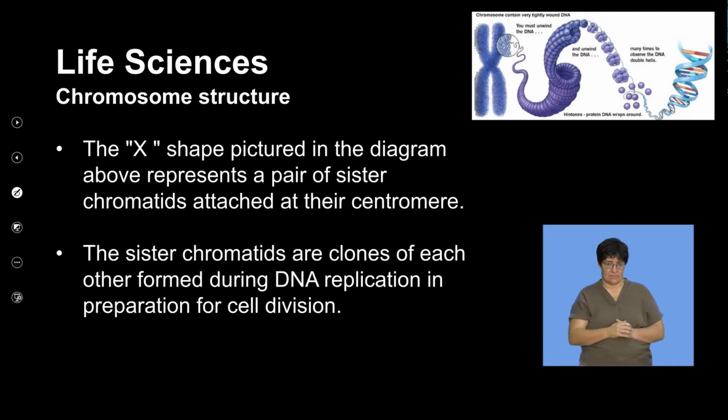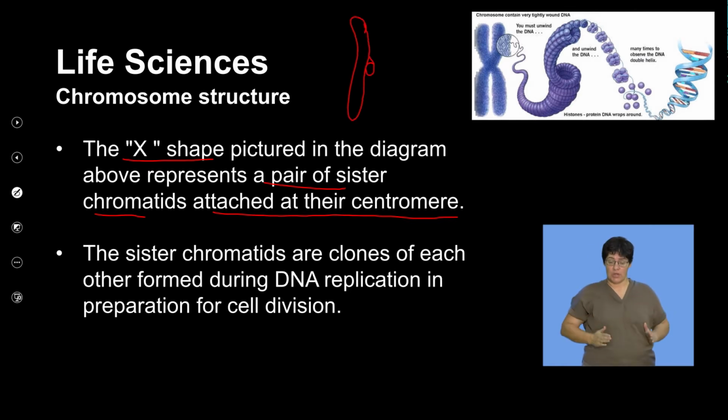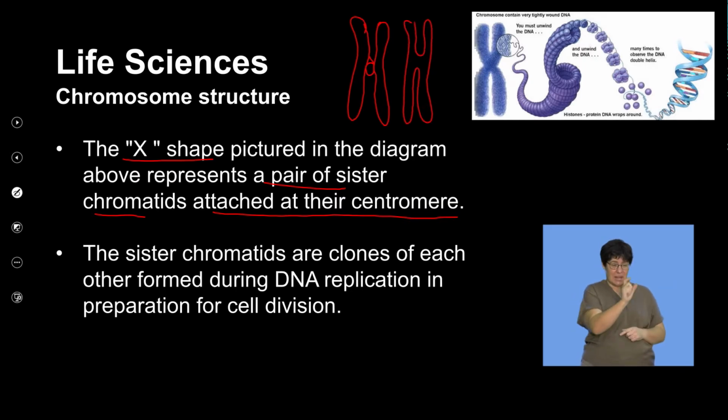And that specific X-shaped structure is again a representation of a pair of sister chromatids that are attached to the centromere. So in a general cell in our body, which is a somatic cell, we have 23 pairs of these chromosomes. When we refer to a pair of chromosomes, we refer to this as one chromosome and that as its pair, and these are similar in shape and size, so we refer to that as a homologous pair. And again, remember that one of these chromosomes is inherited from the sperm and the other from the egg,